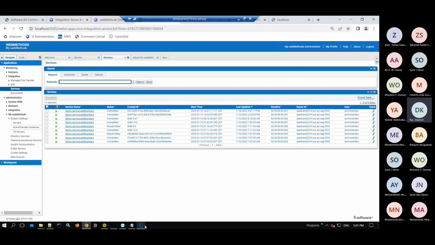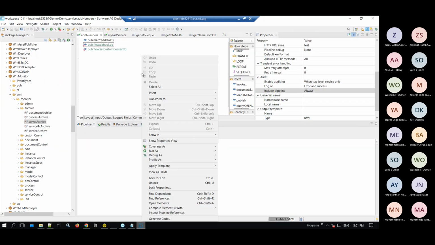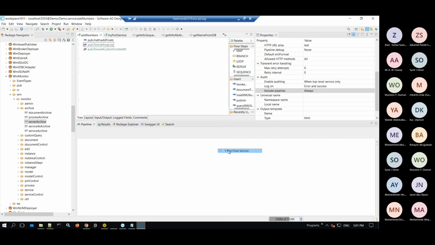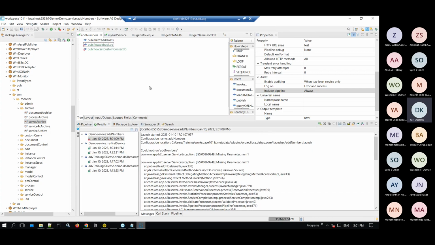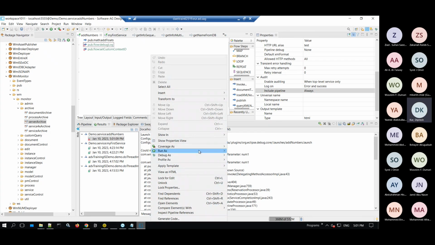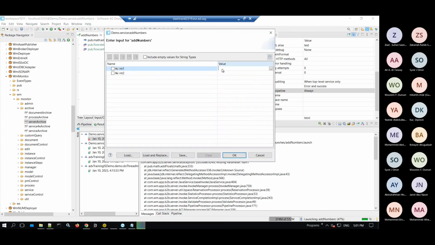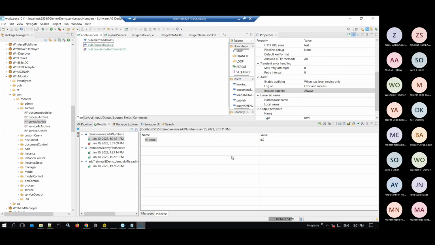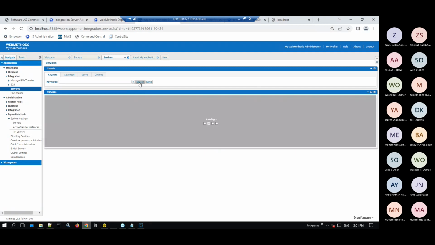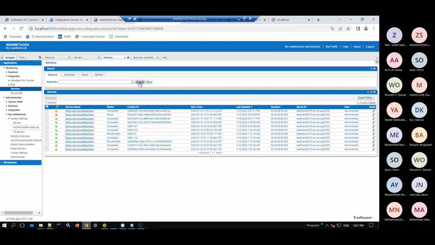So based on that, I will run it now. Sorry, I have not given any parameters. This has run. I go here. A failed condition has also been shown here, and a completed one. To view the details,